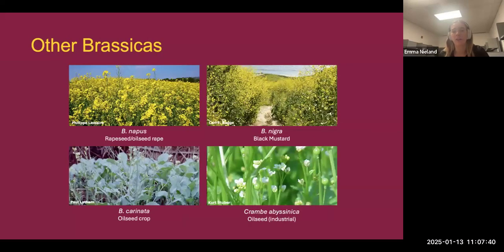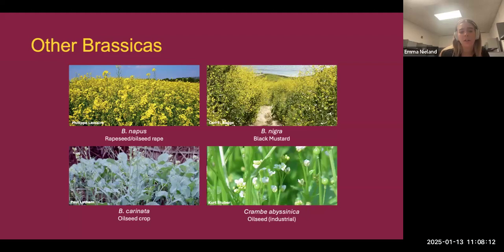So these are some more brassicas that you may interact with. However, these are more your agricultural or industrial based brassicas. First is Brassica napus. There are over 736 million tons of this crop produced worldwide. It's mostly used for vegetable oil production. Next is Nigra, which is actually used in a lot of different ways. It's obviously used as food, considering it's mustard, but there's also uses in medicine, oil, cover crops, and various repellents.